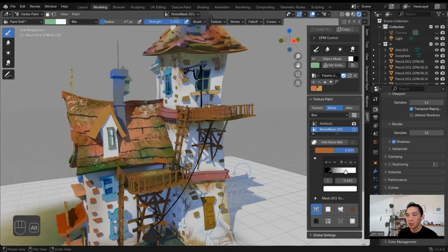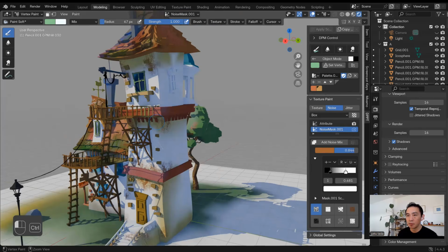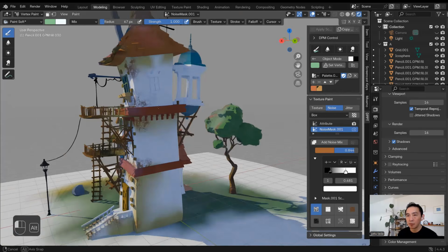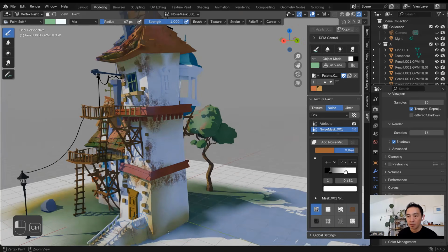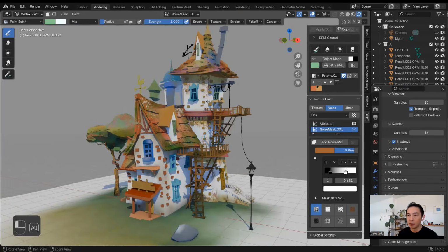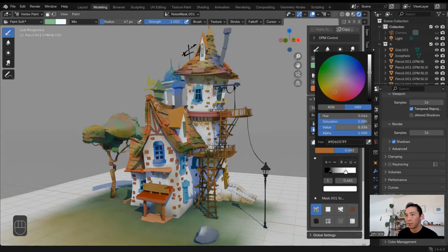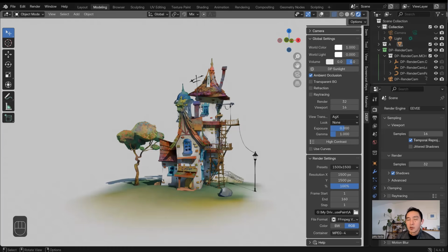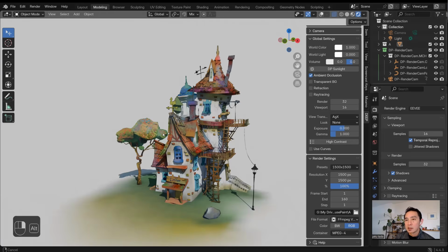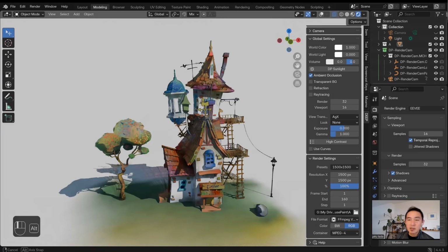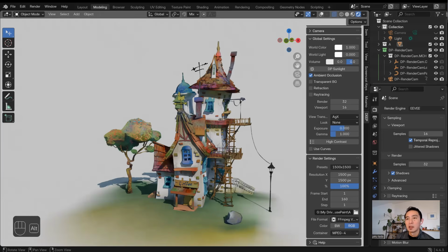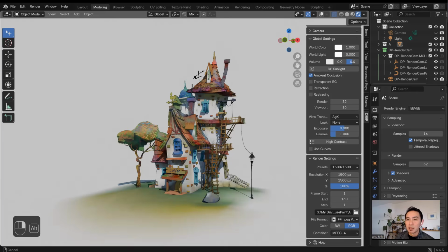So this sounds easy because you don't have to organize the texture map. You don't have to apply the texture map, but then this may be too dirty. So I spent a little bit of time and adjusted some of the look and balanced up the color a bit. And I think I'm happy with the look now.